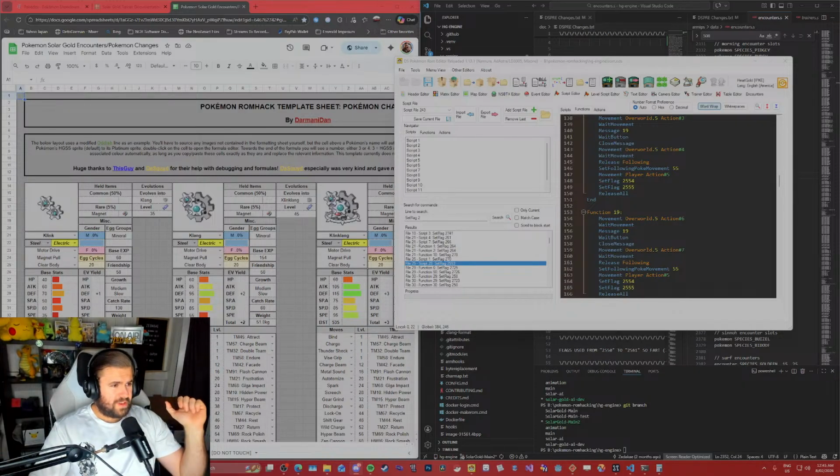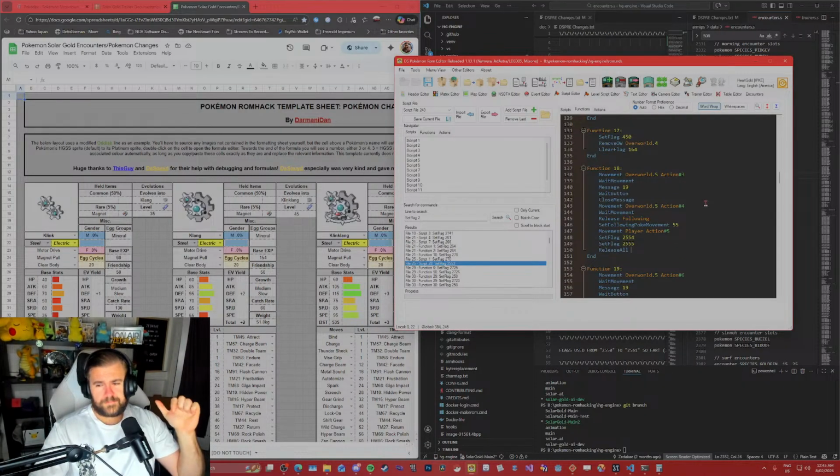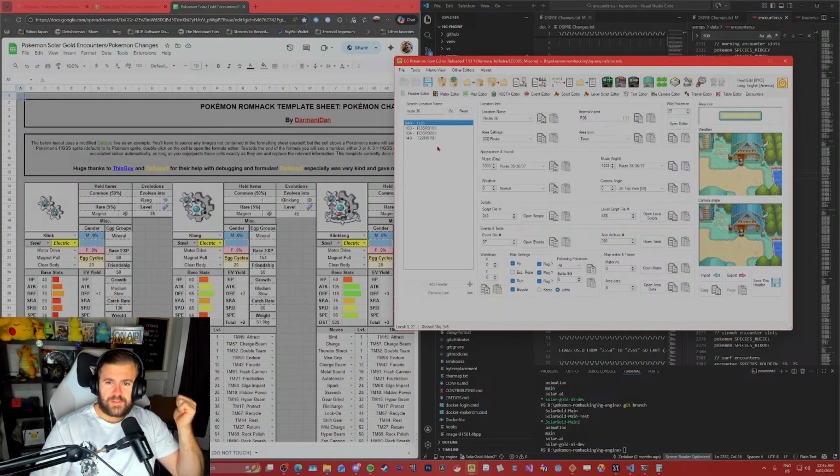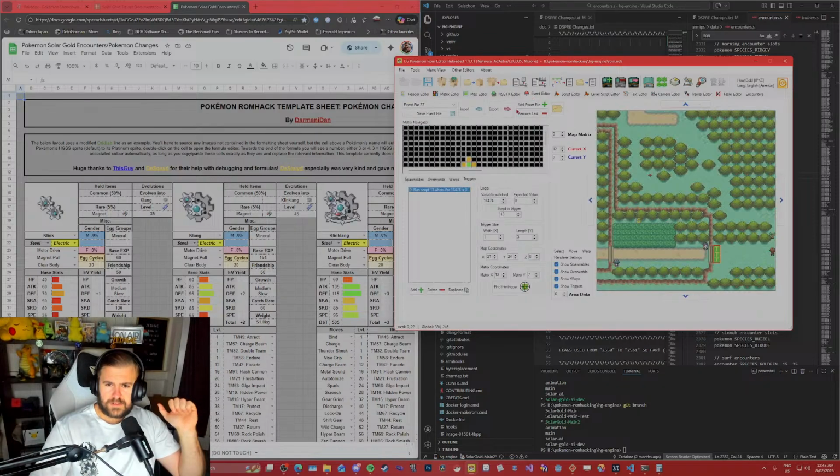I wonder if that's the only thing, because that's the only thing I've done to this area though, right? Well, I just don't know how to reference it. It's on a different thing.